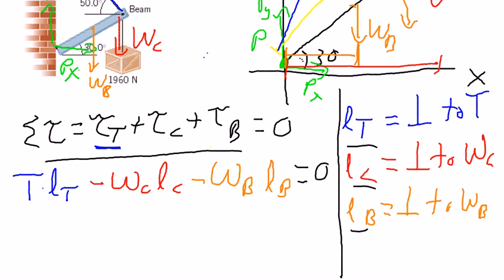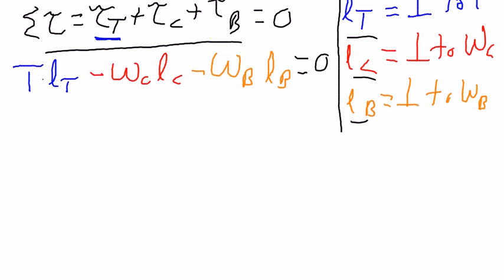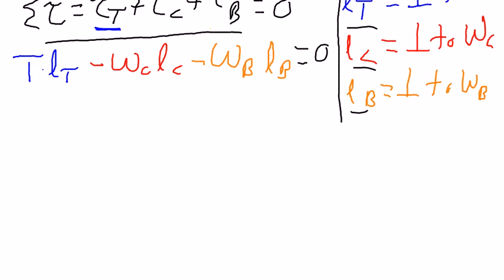Alright, so we got a good start and we can see what's going on. Now let's try to figure out what each of our L distances are. So I'm going to draw yet another picture to help us with that. Actually, that's not where I want it. So I'm going to draw it over here so I have a little more space. So if this is our beam of length L,